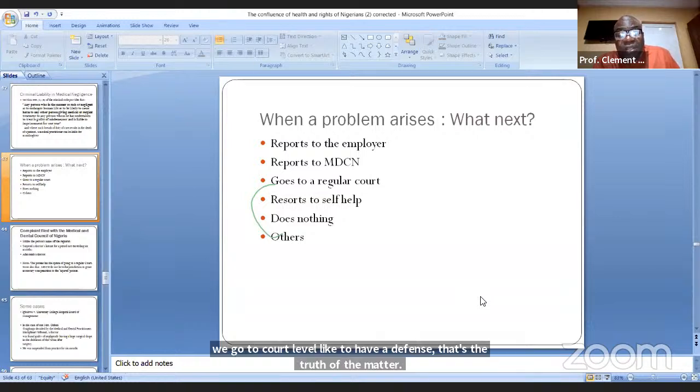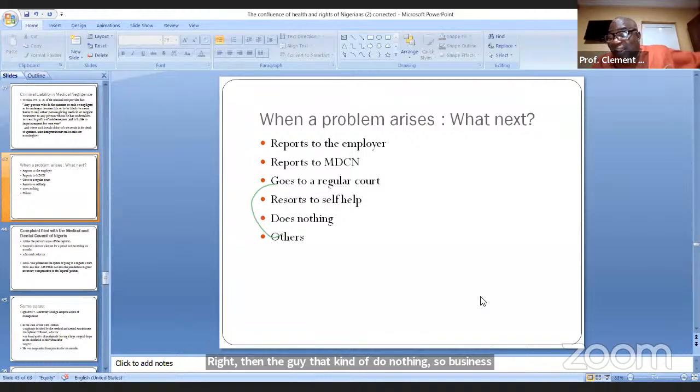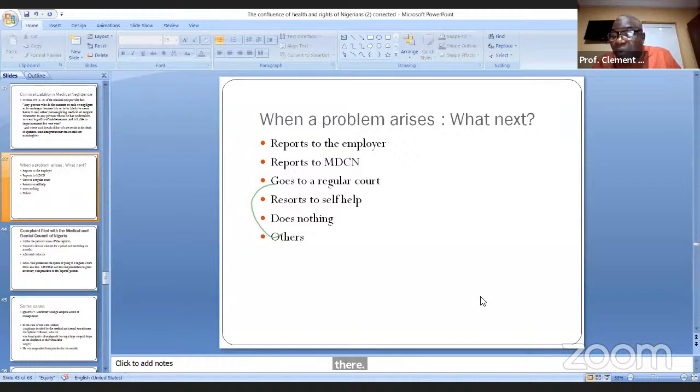Then they cannot do anything. So patients are also docile. Remember I said they have a role to play in ensuring adequate implementation of rights. Some are docile, they just keep quiet. They say that's how God wants it, and they go home. Some will resort to prayer. They can go and meet a Babalawo, that's why I put others there. They can go and meet a very fervent man of God to pray that this man mismanaged my son and my son died. They say, oh God, let his only son also die, or things like that. They can pray that you have an accident on the way where you're traveling. So that will fall under others. Because of this, try not to mismanage your patients.